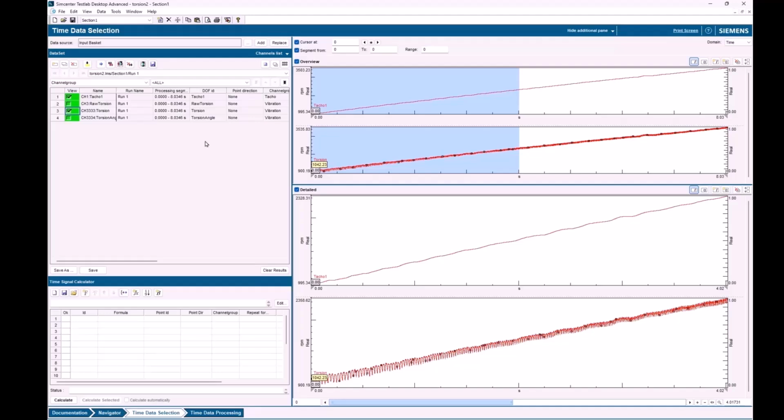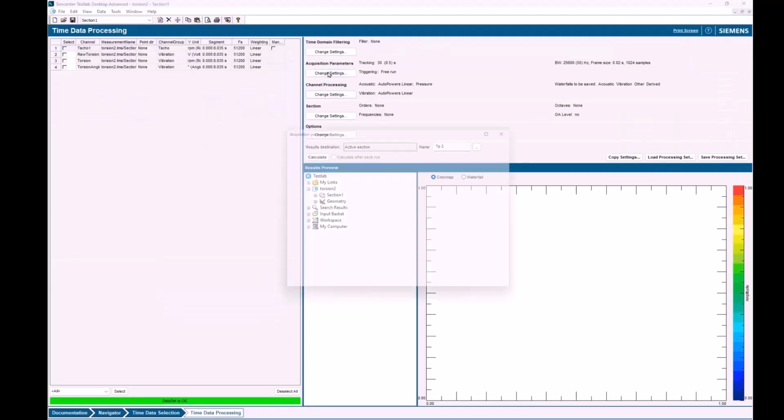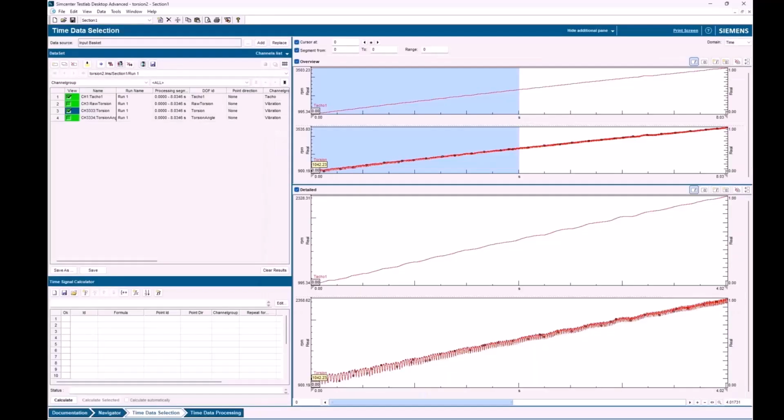But here's the thing too, in our software, when you go to time data processing and you're going to calculate an order, you come in here and you pick a tachometer to track on. It does not calculate orders from a tachometer channel. It only calculates it from channels that are marked vibration or acoustic, right? If I go to the FS acquisition, vibration, acoustic, or other. So sometimes, depending how you measured your data in Test Lab, it might be marked as a tacho, but you'll be hard pressed to actually do a torsional analysis, extract an order from it because it says tacho.